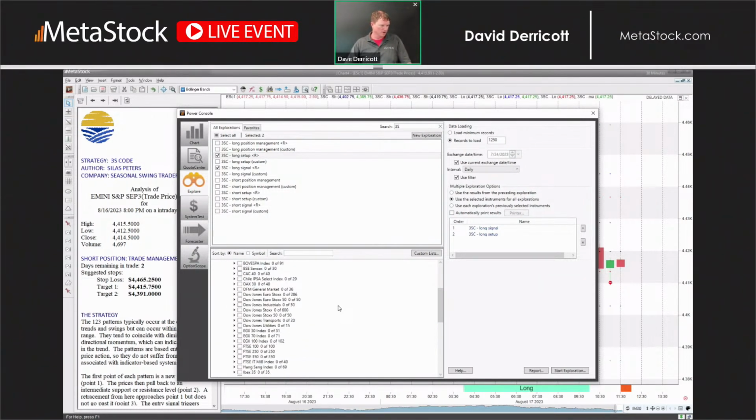If I scroll down here, it looks like I've got the NASDAQ and the S&P 500 selected. Let me just double check that really quick. Yeah. All right. Then we'll start the exploration. I'm going to use the same selected instrument lists for all the explorations.